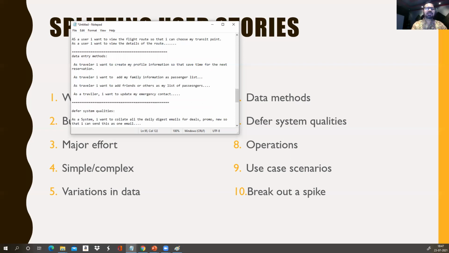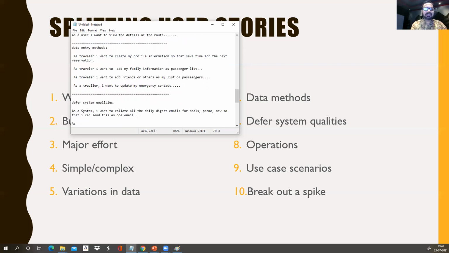So it will not be clumsy for the end user. Otherwise, it'll just block our website. So we'll just consolidate and send him one email. This is deferring the system quality.